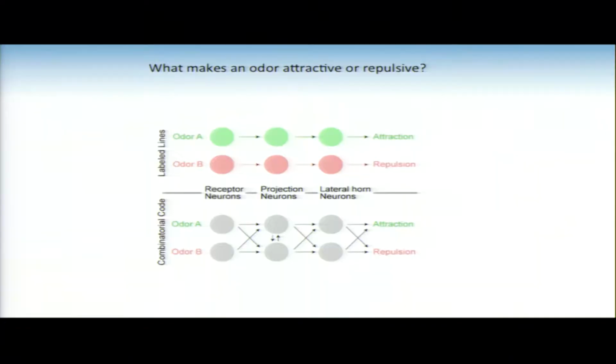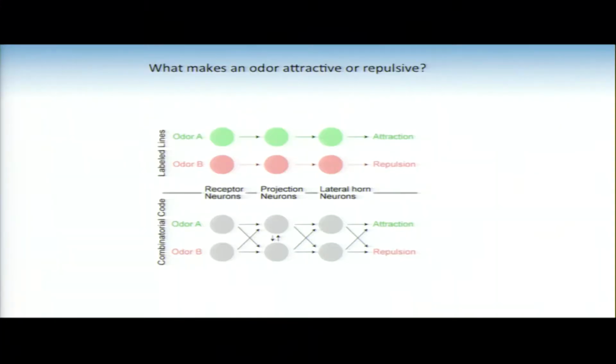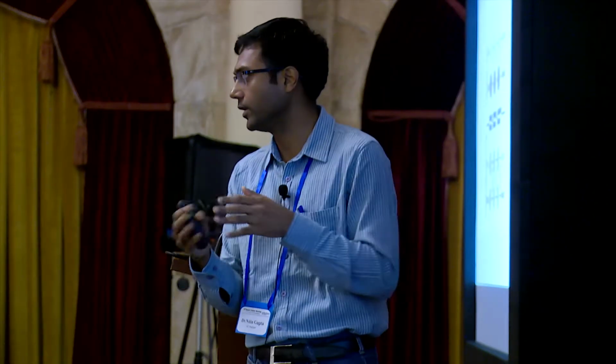Now, how is this attraction or repulsion encoded in the brain? One popular idea that has been suggested from other species experiments is that there may be labeled lines for specific types of odors. So it could be the case that attractive odors are detected by specific receptors, and these receptor neurons project to specific neurons in the antennal lobe, which project to specific areas in the higher brain centers, and separate lines for repulsion. And this seems to be the case for pheromones in Drosophila. The alternative would be a combinatorial code which crosstalks at different intermediate layers.